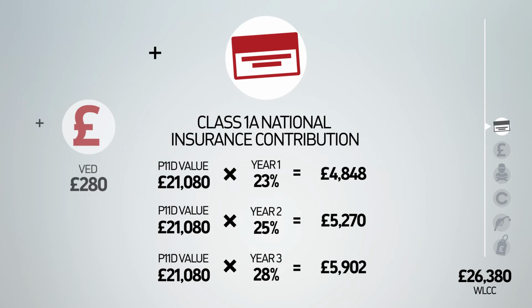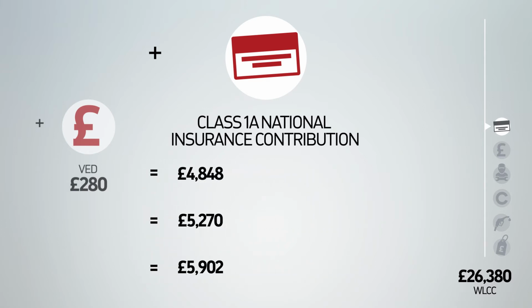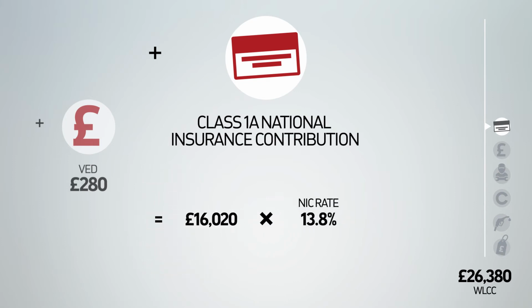With CO2 emissions of 109 grams per kilometre from the diesel engine used in this example, the car would fall into the 23, 25 and then 28% benefit-in-kind tax bands for the next 3 years. Multiplying the P11D value of £21,080 by these percentages gives a combined value of £16,020 over 3 years. This amount is then multiplied by the standard Class 1A national insurance contribution rate set by HMRC, which is currently 13.8%, giving a total of